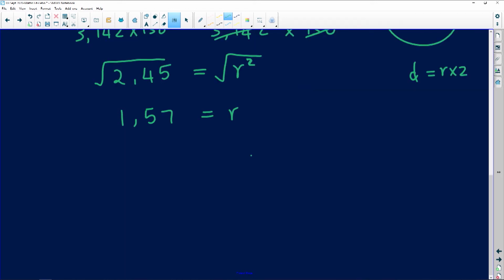Now remember what I said to you guys. What is the relationship between radius and diameter? We are not done. We are looking for the diameter. The relationship between radius and diameter is over there. In order for us to find our diameter, we need to multiply the radius by 2. So therefore, diameter is equal to